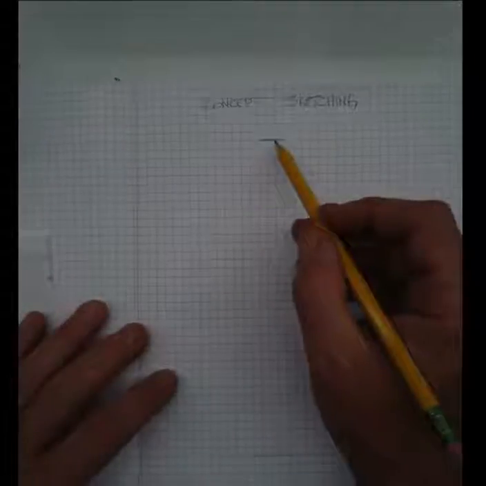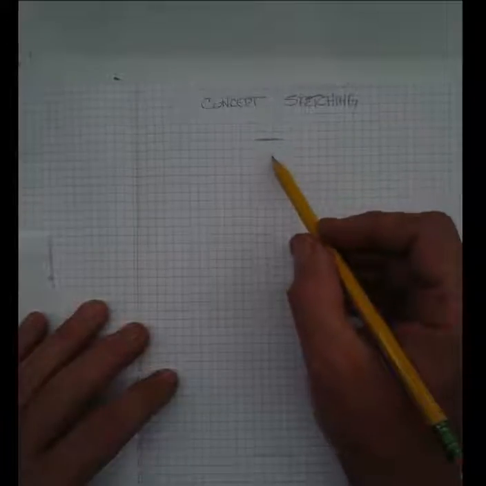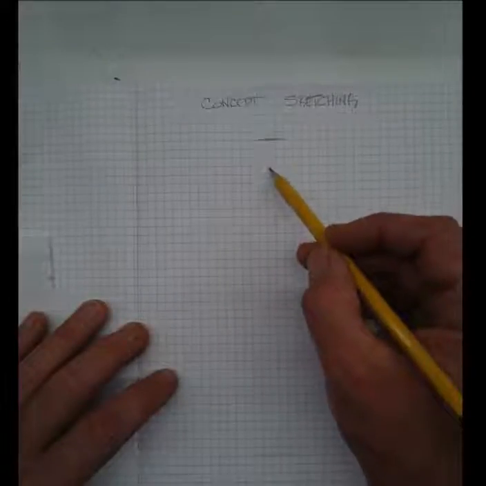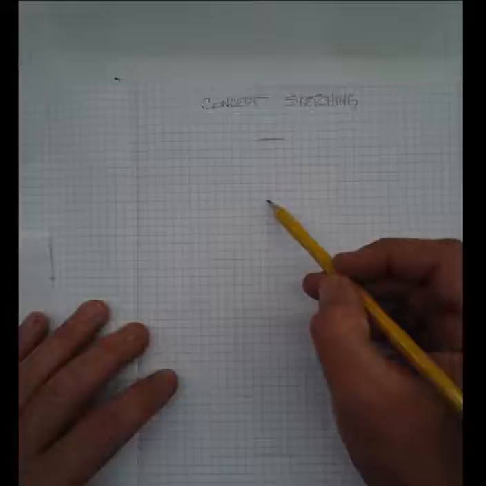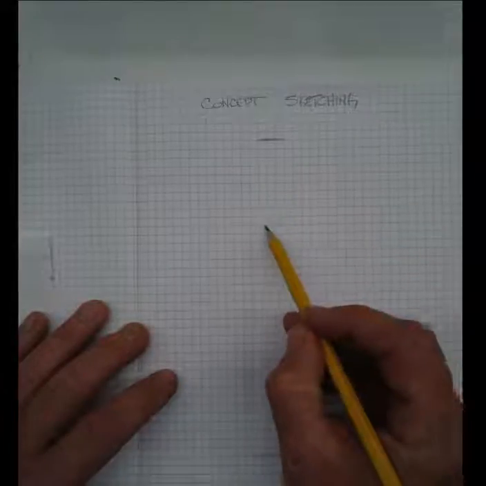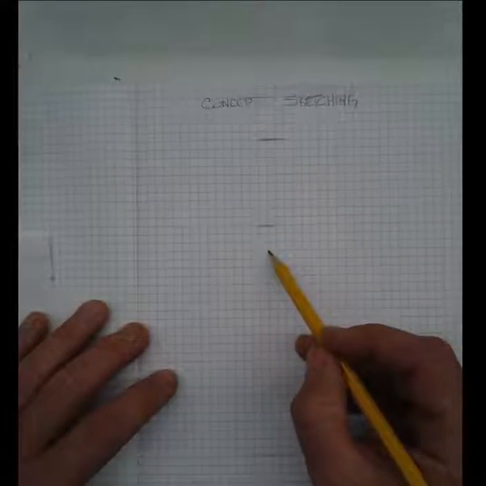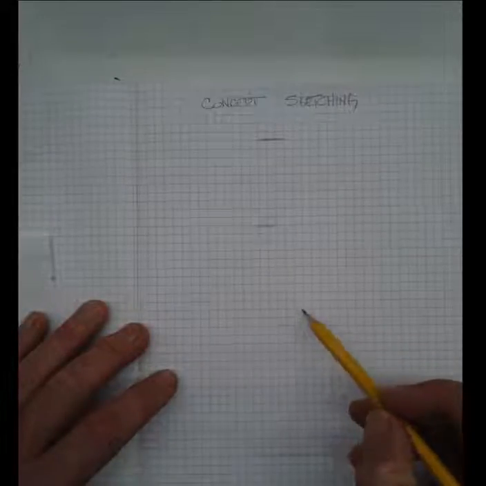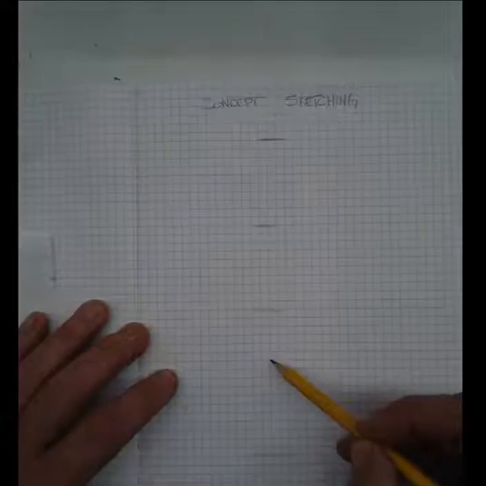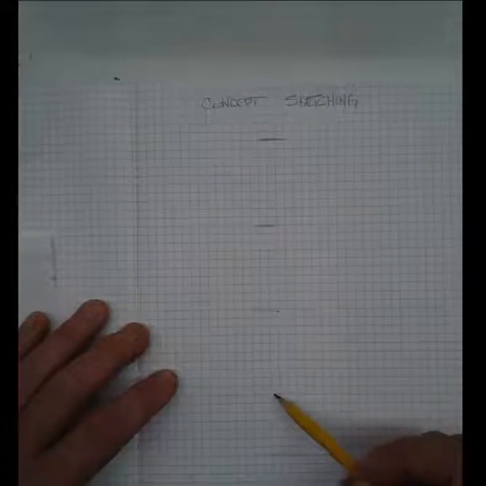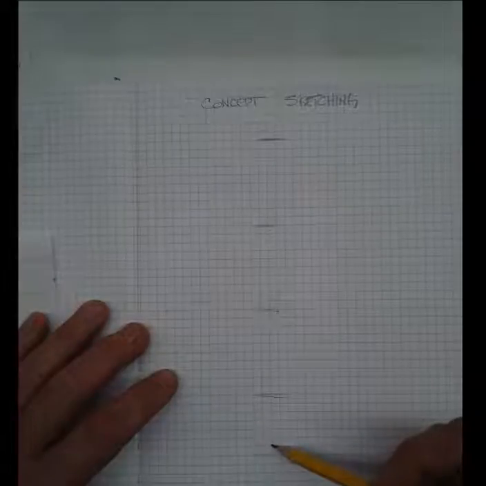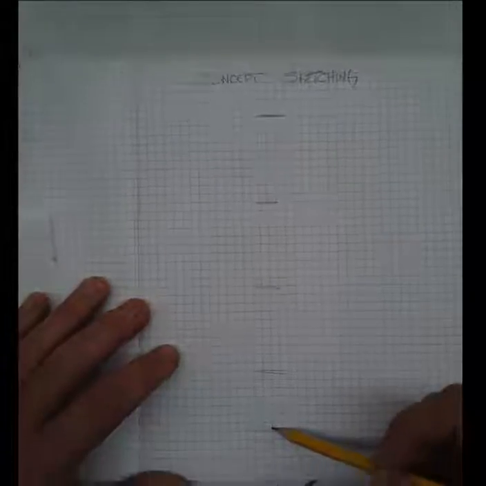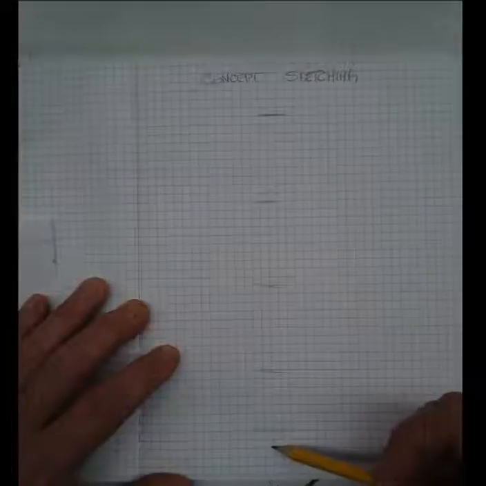So let's count up how many squares I have here. 1, 2, 3, 4, 5, 6, 7, 8, 9. So there's 10 to here. 3, 4, 5, 6, 7, 8, 9, 10. About 10 to here, I think. 1, 2, 3, 4, 5, 6, 7, 8. About 10 to here. 1, 2, 3, 4, 5, 6, 7. Can I squeeze it in? I think I can. 8, 9, 10. So I'm actually going to make